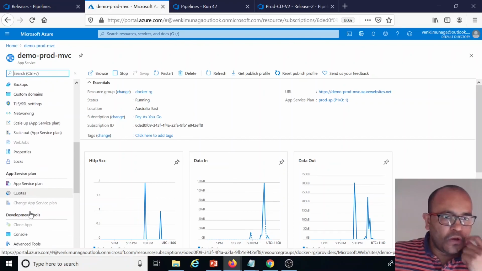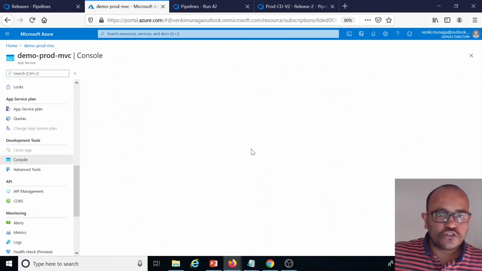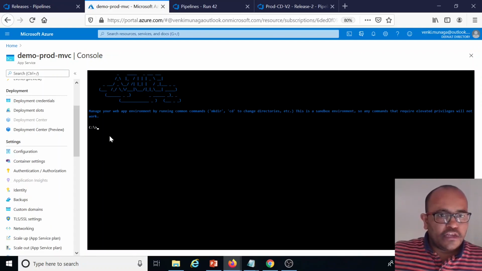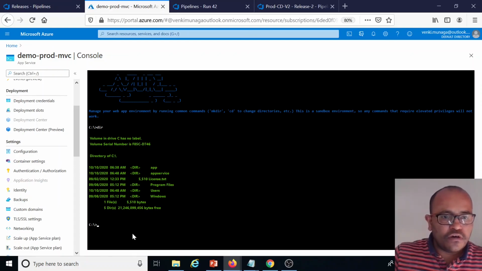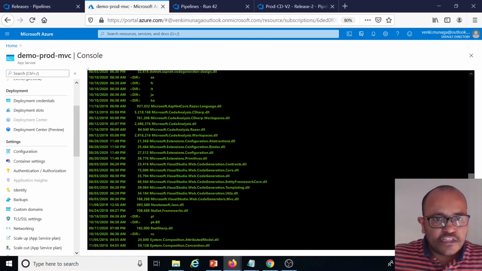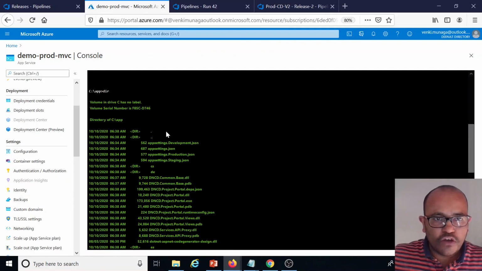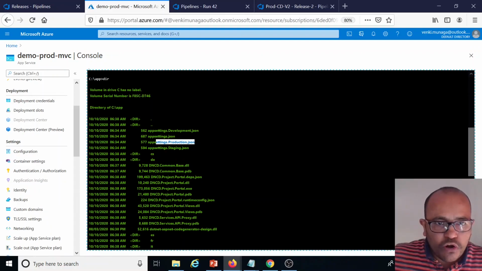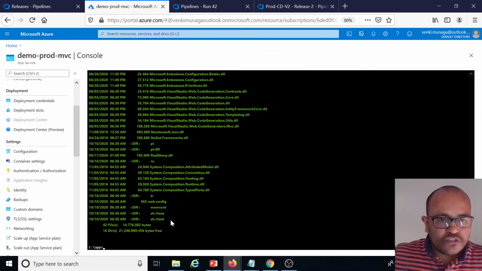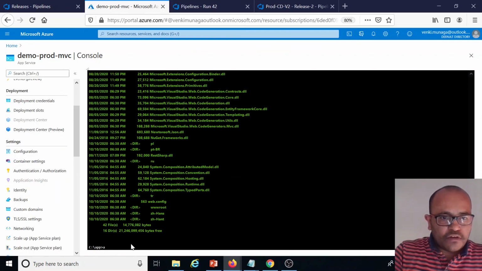You can go back to the console. Click on the console. Automatically it will come to the C drive now. So I will check what files are there. Now we have the app. This app is our source directory. So I will go to the CD app. Now if I check the directory, these are my artifacts. You can see this one because now it is connecting to the containers. Now I want to check this prod version, right? I will type here, app settings, and what is the .prod. So this is the one, right?